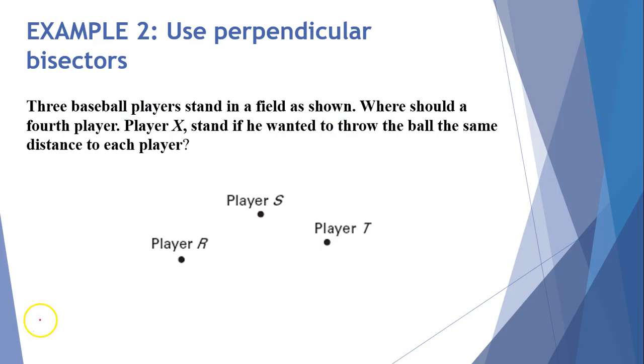Okay, so what I have here for you on this example that deals with those theorems we're just discussing is an example about using perpendicular bisectors. On this right here, it says 3 baseball players stand in a field as shown. Where should a fourth player, player X, stand if he wants to throw the ball the same distance to each player? So what we're going to do with this one here is I have steps already planned out here, but